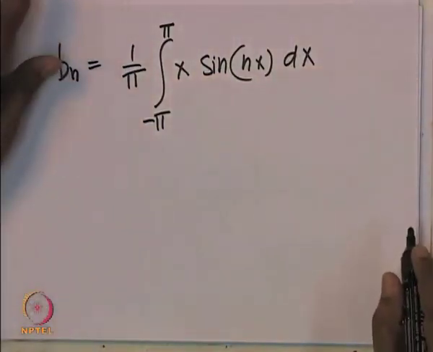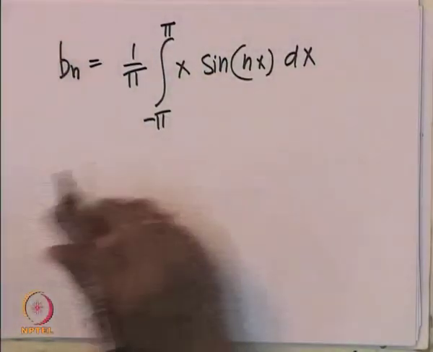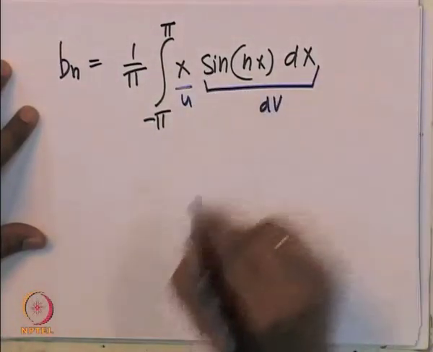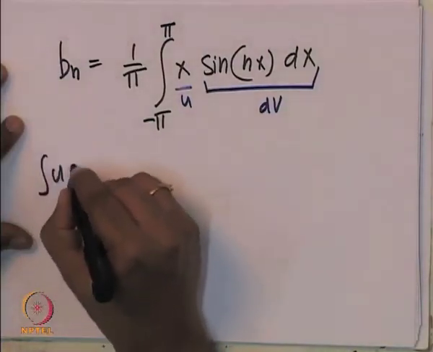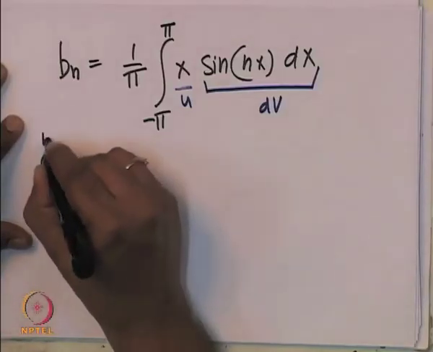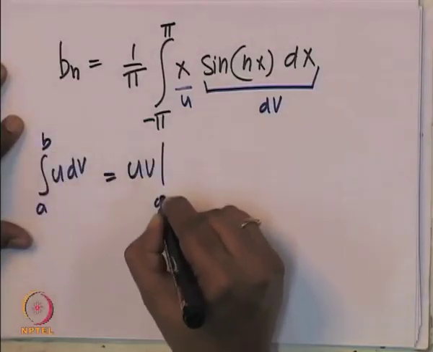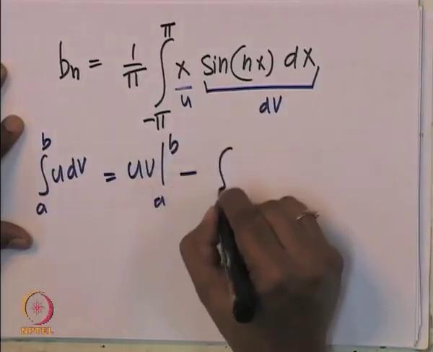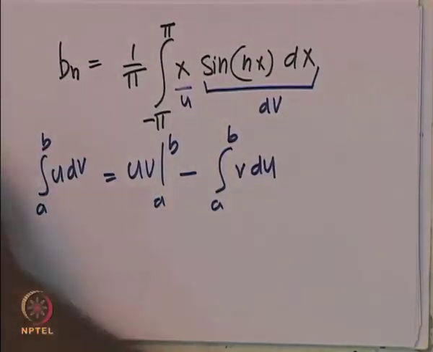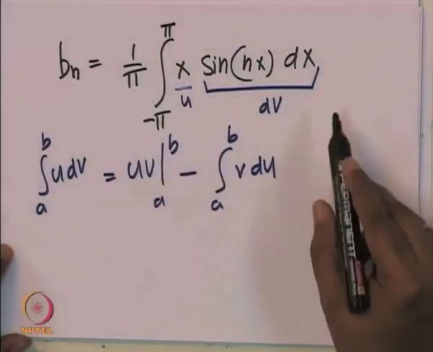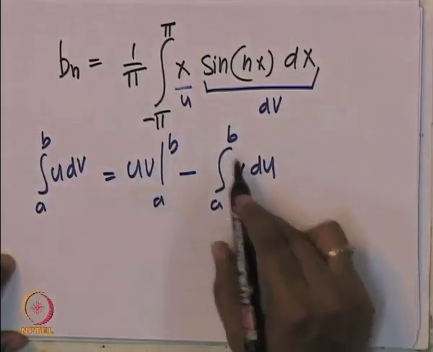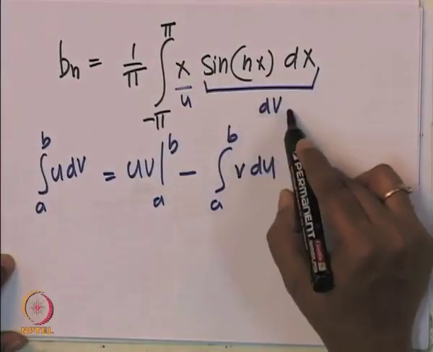n x dx. So, again you can do this by integration by parts, you can take this as u and take this as dv, and integral u dv from a to b is u v in the limits a to b minus integral a to b v du. This is the standard formula for doing such integrals, which we already discussed. So, if you apply this formula and take x as u and sin n x dx as dv,